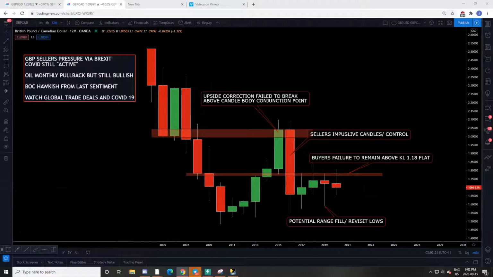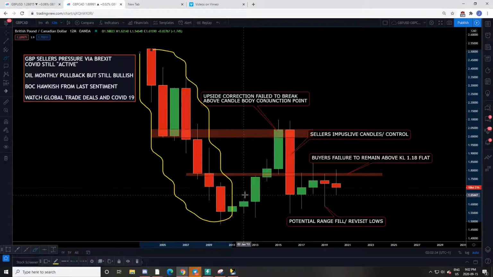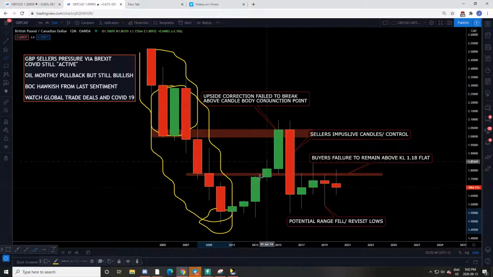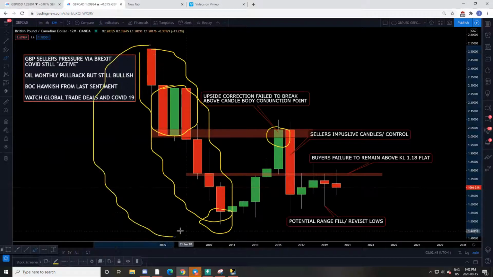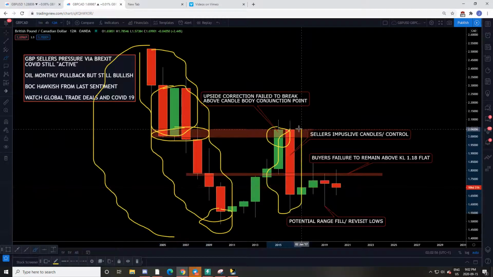So when we're looking at the yearly chart here, we can see price is showing us more seller's impulsive candles and sellers in control. Even after this original melt move where we had sellers in control for an extended period of years, we had this order block created. Once we peaked that low and had a corrective action of that seller's impulsive move, you can see it was only about a 50% correction of the overall impulsive move, and it rejected at that order block area, where directly after we had sellers come right back to visit those lows again. So sellers are showing me a lot more control.